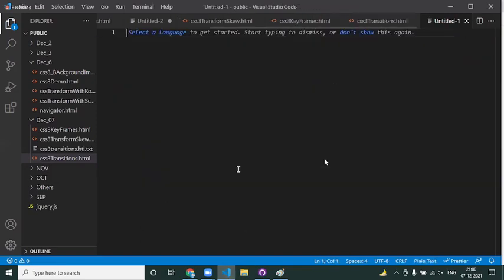Next, this is another CSS property. The next CSS property we have is multi-column layout. Another useful one.